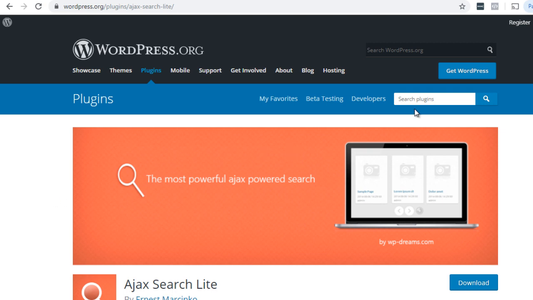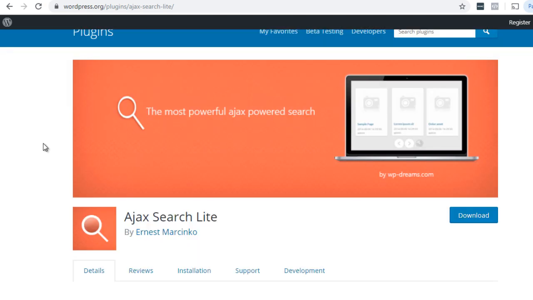And this is really good for somebody who doesn't really want to take time. They just want to search and see if you have it or not. The one that we recommend in terms of WordPress plugins is called Ajax Search Lite. You can go to wordpress.org/plugins/Ajax-search-lite,